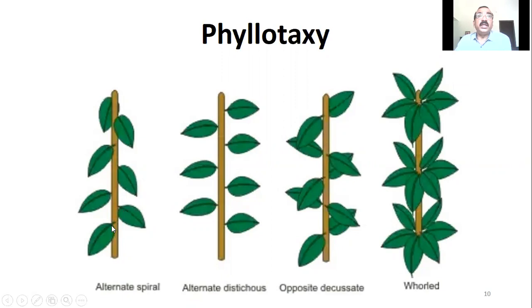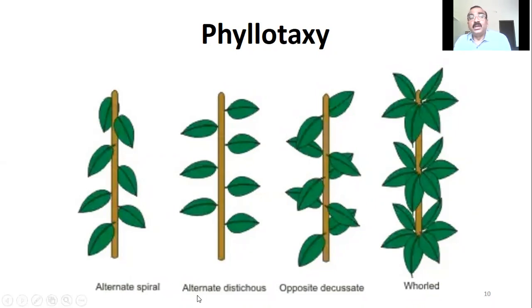They alternate with each other. They are not found on the same side. Here the leaf is on this side, in the next node it is on the other side. Here again on this side. So the direction of the leaf alternates at every node. So two important aspects: there is a single leaf at each node and they go on alternating. If one leaf is like this, the other leaf is like this. So this alternating arrangement is called alternate phyllotaxy, or this is also called spiral phyllotaxy.